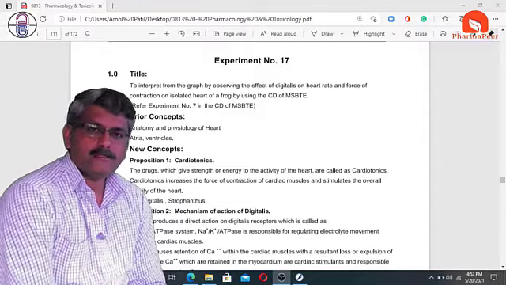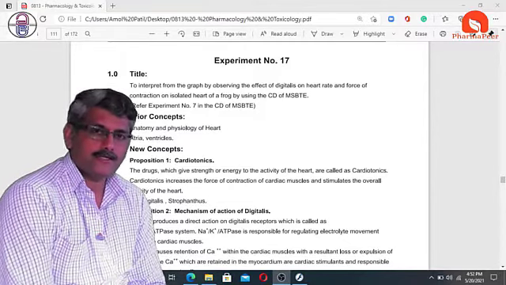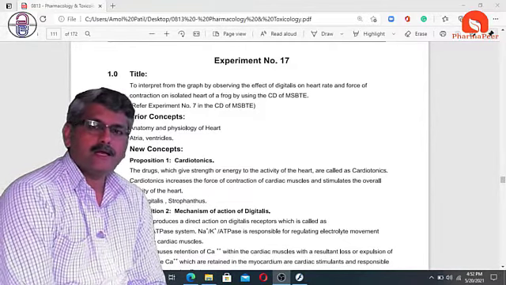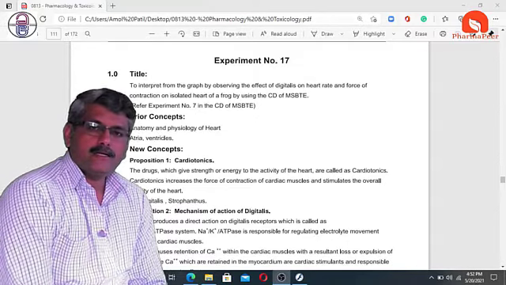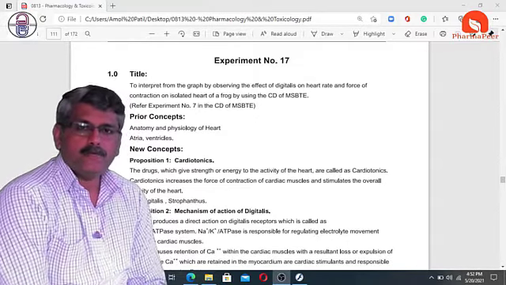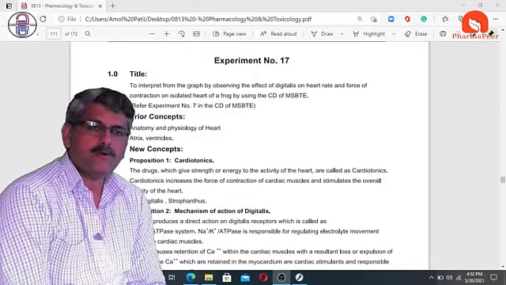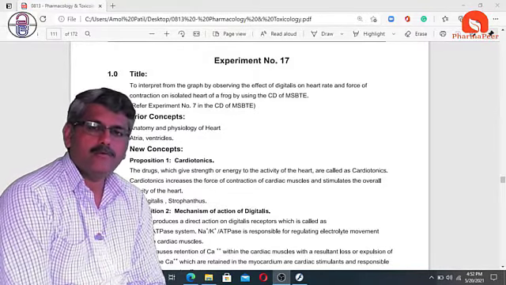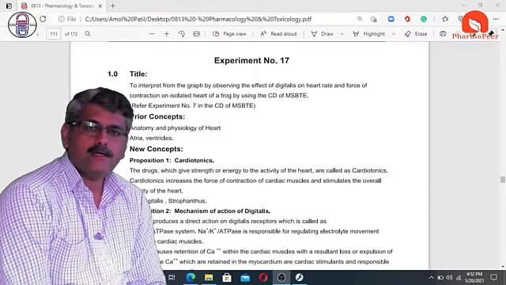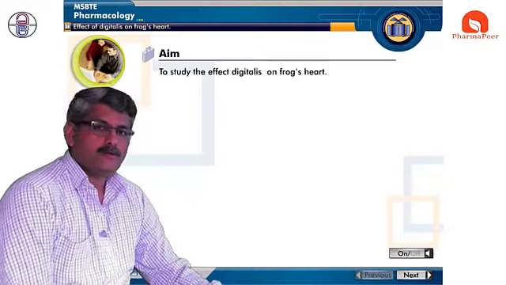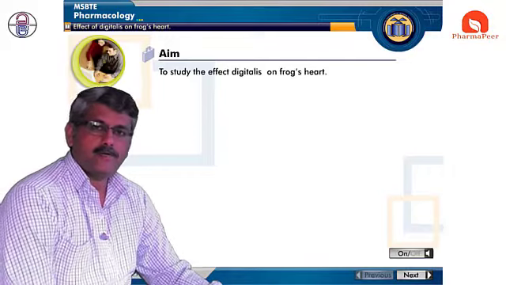In what manner does digitalis produce its action as a cardiac tonic? For conducting this type of experiment, we need to create one heart that we call a hypodynamic heart. So how is it, and how do we need to prepare it? Let's see in this experiment. So let's start with today's experiment.